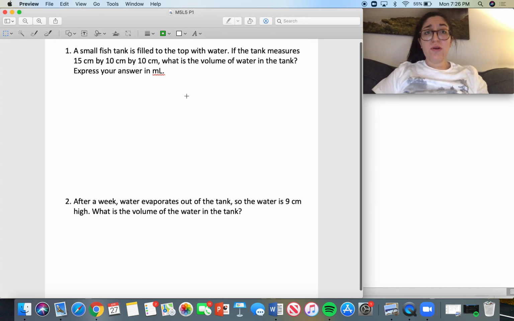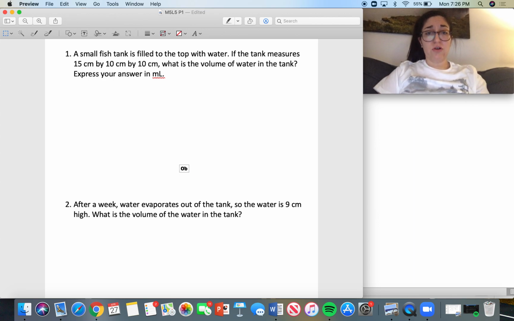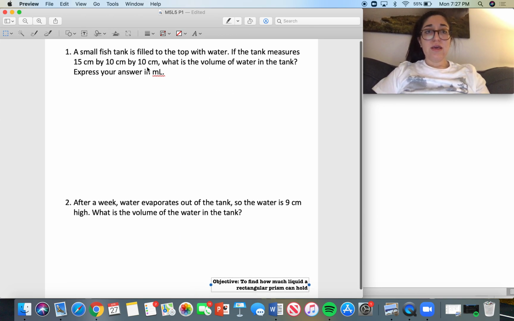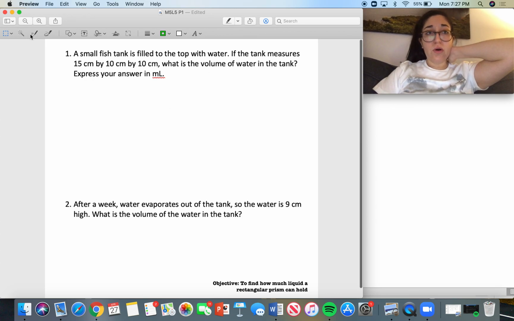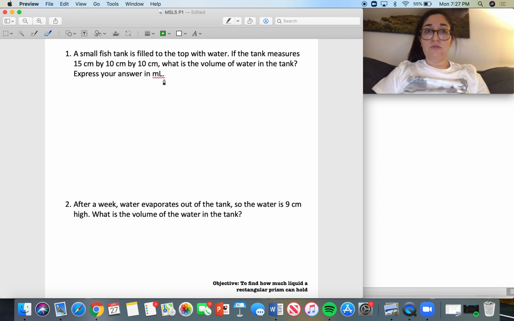Now, what we're working on today is we're trying to find our objective, which is to find how much liquid a rectangular prism can hold. And if you did not see the application problem, something that you might have missed, I'll just put this down here for now, is that when we're talking about liquid, we'll often talk about ml, milliliters. ml is milliliters, and for every 1